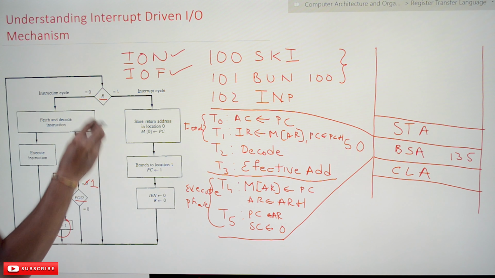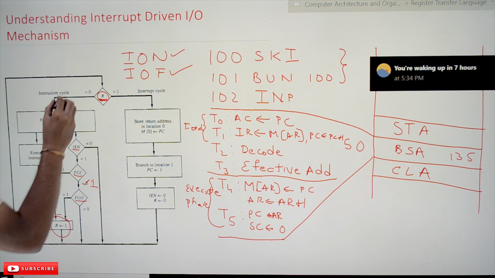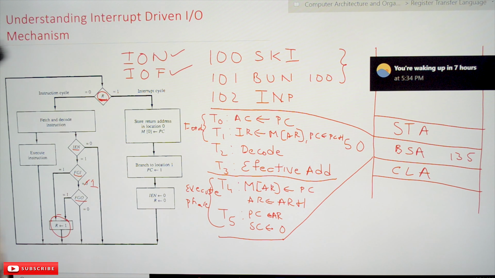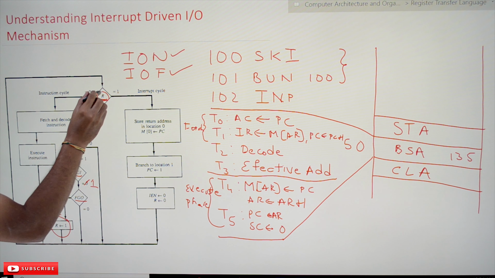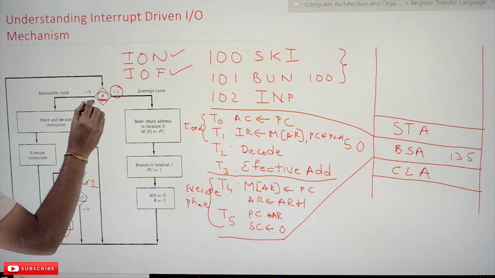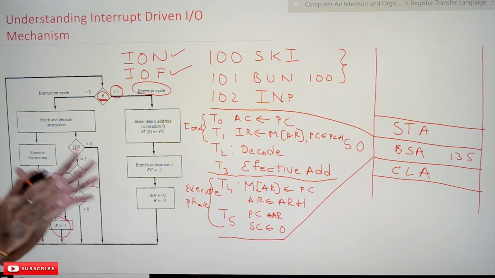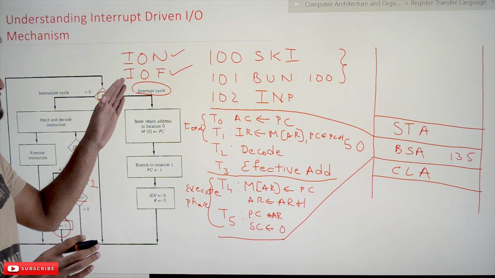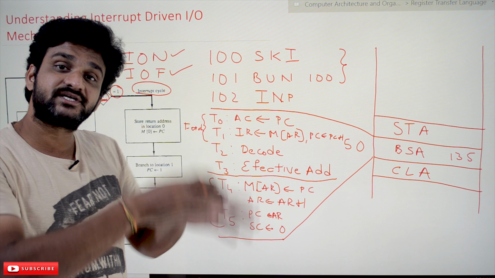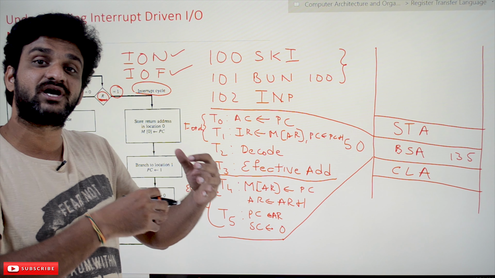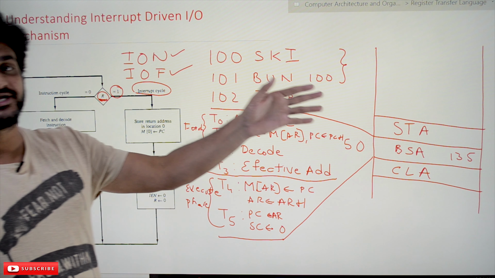Here we check the value of R. If the value of R is 0, the next instruction CLA will get executed. If the value of R is 1, as the keyboard has been pressed, the interrupt cycle will get executed. This interrupt cycle is going to execute the IO operations. How the interrupt cycle gets executed and what hardware makes it happen, we will try to understand in a later video.